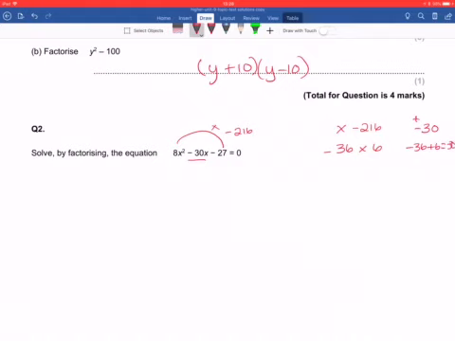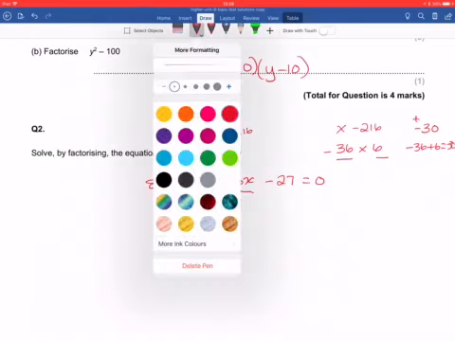Then what you do, these two numbers, you factorise. So you rewrite the x's as these two numbers. So you write it as minus 36x plus 6x. And that gives you your minus 30x, minus 27. That's the tricky bit. So it's an extra thing that you have to do. You then split it in half